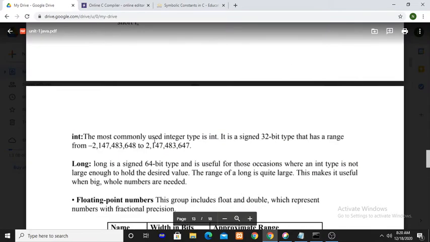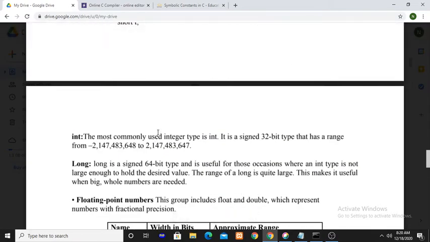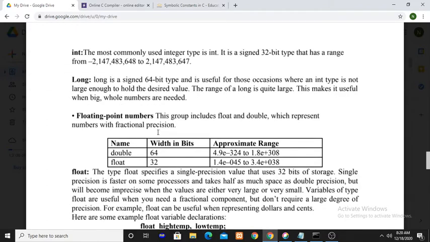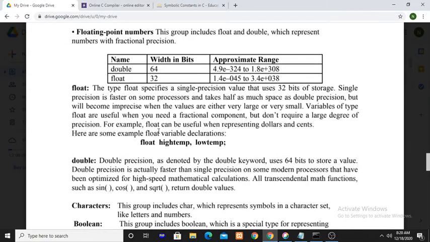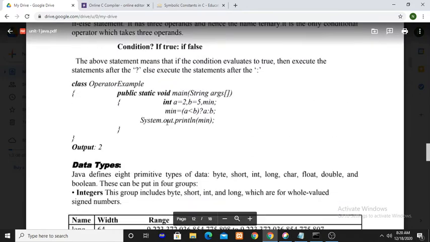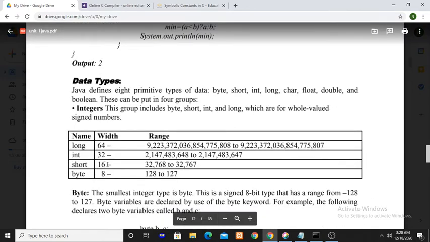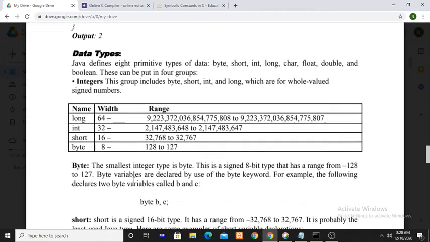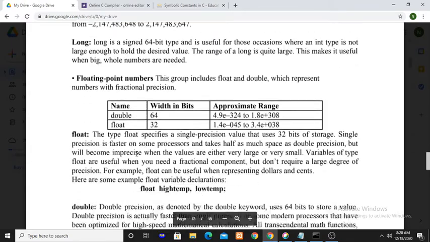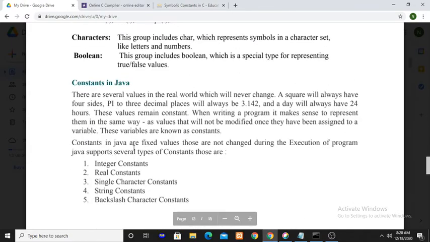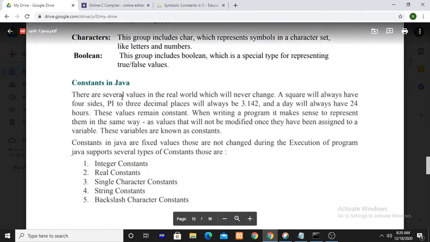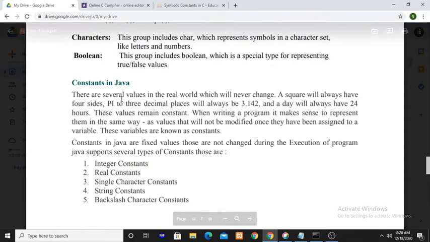In total, you have 8 primitive data types in Java: long, int, short, byte, float, double, char, and boolean. In Java, the size of char is 2 bytes, whereas in C, the size of char is 1 byte.